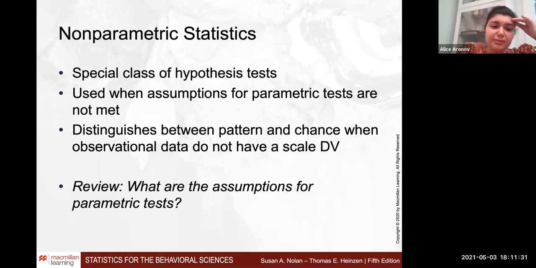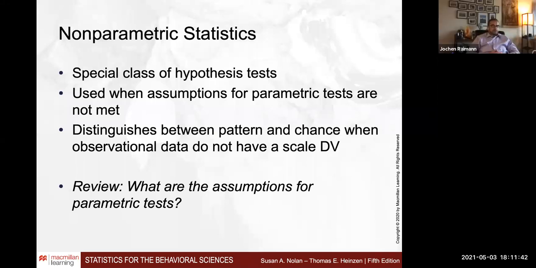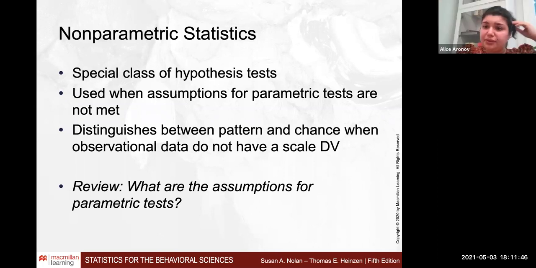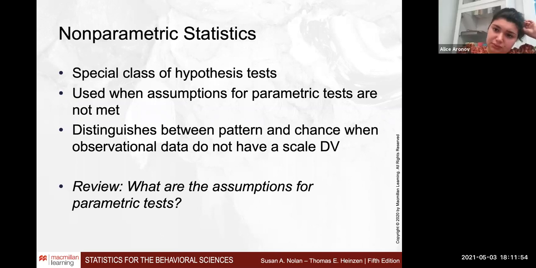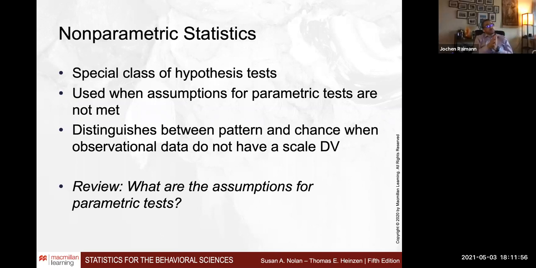That there's a nominal independent variable and a scale or ratio dependent variable? Yes, it goes in that direction, absolutely. But it also needs to be normally distributed. Normal distribution is the key. So the scale dependent variable is not the only thing. Hypothetically, you would still be asked to use a non-parametric test if it's really extremely skewed.